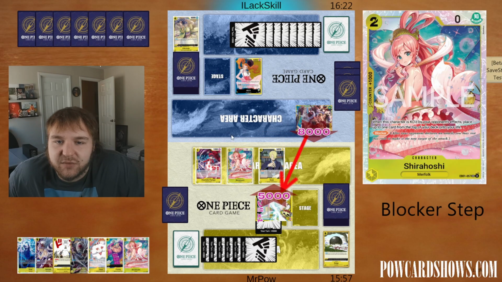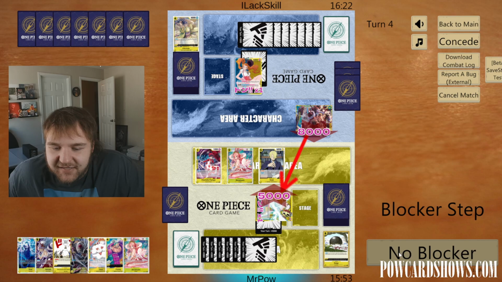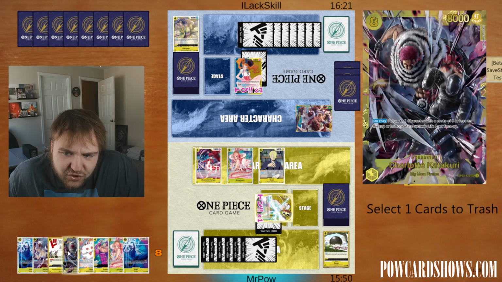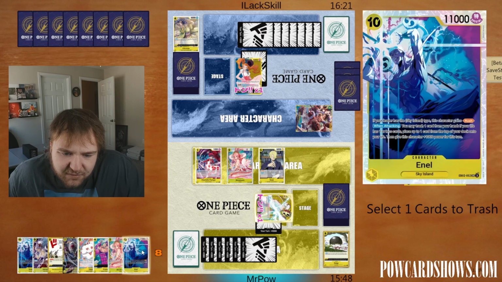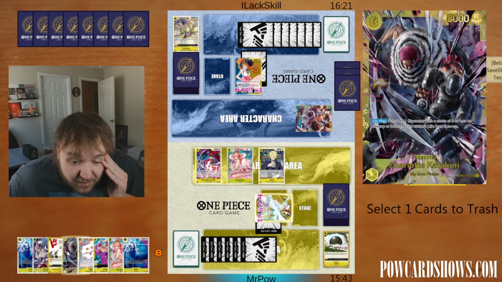Because we just take this, we're pretty safe. Ooh, they bounce their own Hiyori back to hand. That's actually wild. We're going to take this. No trigger. We won't be able to drop this for another turn. We're going to be dropping the 8-drop Katakuri, giving them a life, basically. So I think we should be good here to drop...